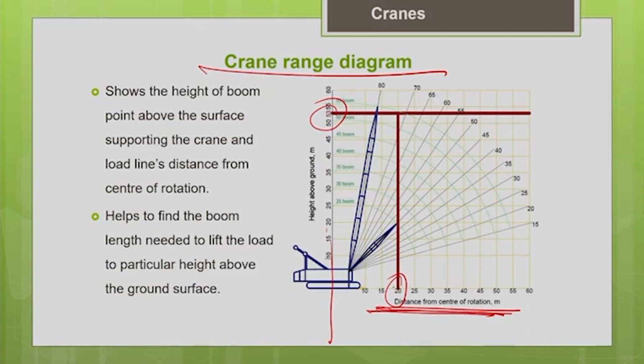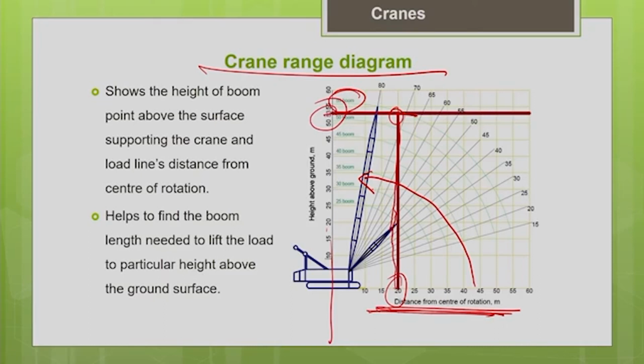So you can see for 20 meter operating radius and for the vertical height of say 53 meter, the boom length I need is approximately 55 meter. So the minimum boom length needed for this working range requirement I can find from the range diagram. And also you can see that as the boom angle varies,